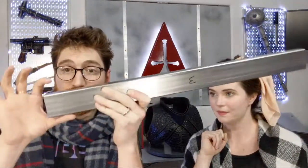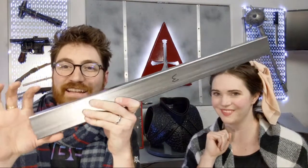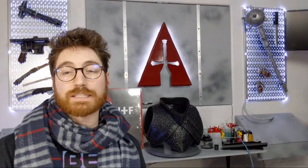I mean, according to Wikipedia, this thing is supposed to be about 3 inches wide. So we're definitely cutting it down from that. But yeah, according to Wikipedia's measurements, the dimensions of the Darksaber would be even wider and thicker too. So,